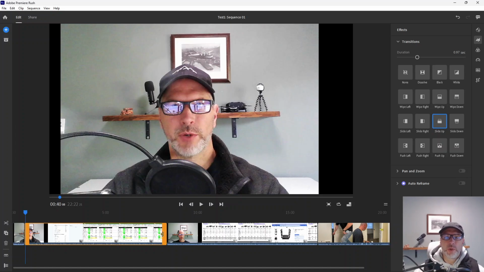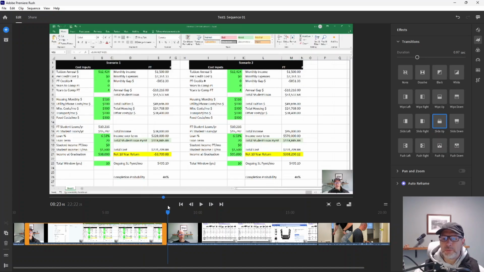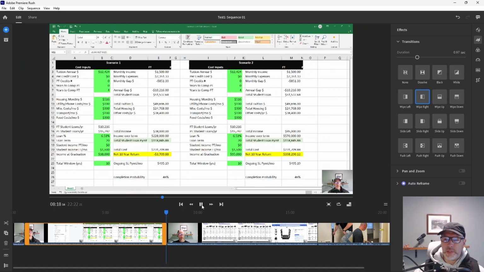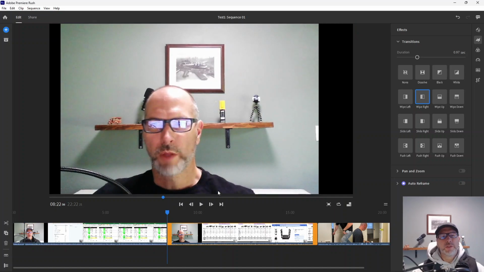Now of course if you're going from one clip to another, say in this section right here, then it makes sense to have a different type of transition. And that's where the fade, the wipe, any of those may be more important. So let's go ahead and show you what that would look like. So you can see it's kind of a cool way that you can go from one scene to the next,